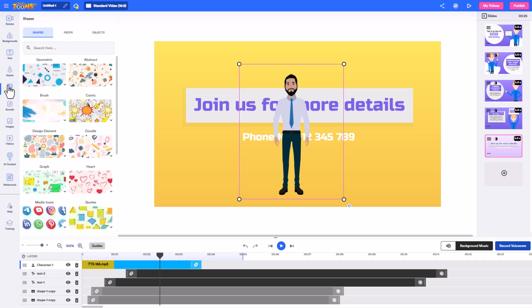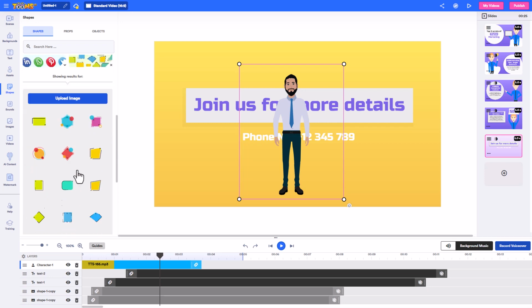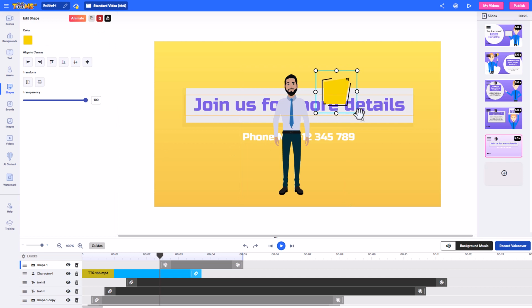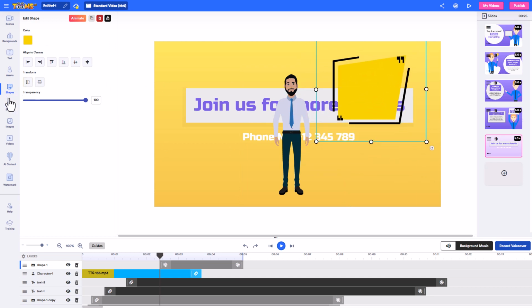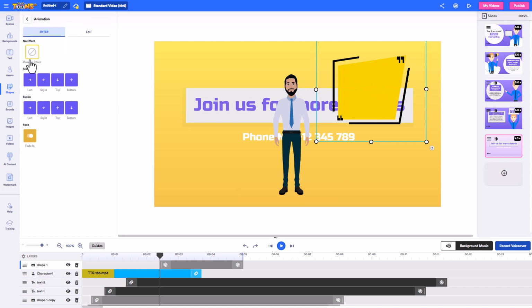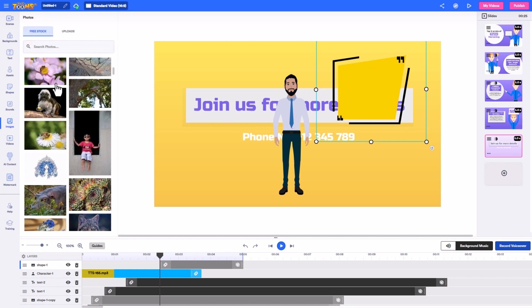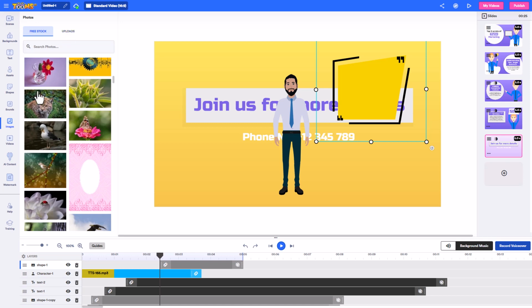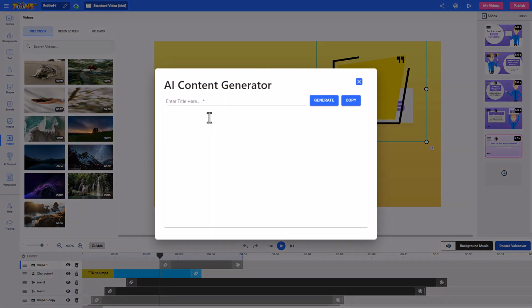We've also got things like shapes, and what's really nice is we've got pre-built things like quotes. One thing I am noticing is these things aren't searchable, which is a bit of a shame. So we can put in some quotes and add some text, and everything we add we can animate as well, so that would come in on the right. We can add images, and we can search free stock sites. I'm not sure which ones these come from, and we can upload our own. We can do the same with video, and we've got AI content.